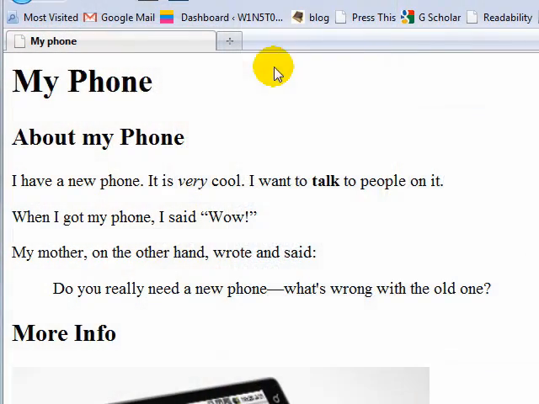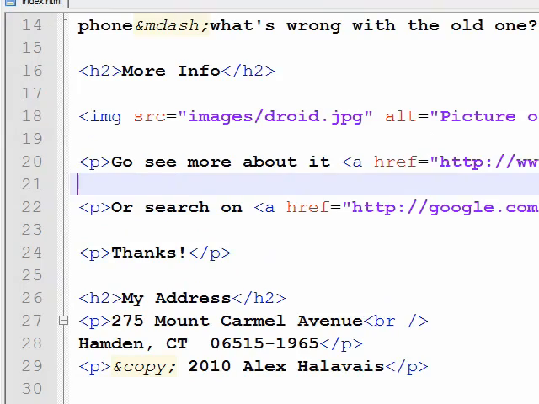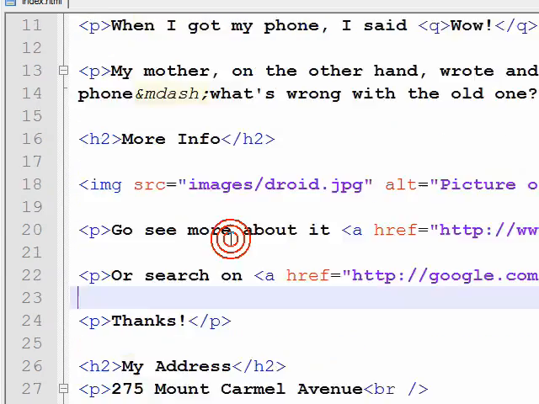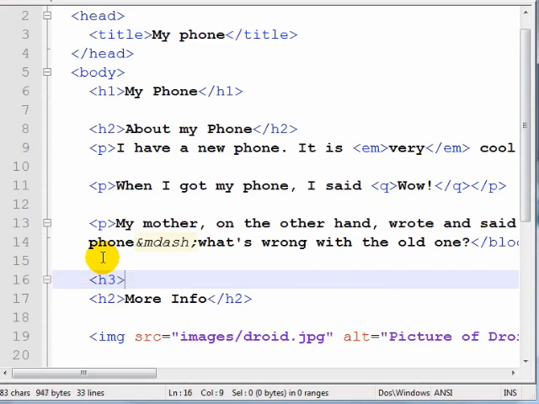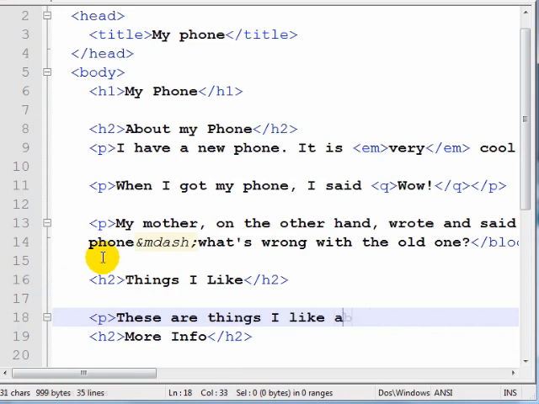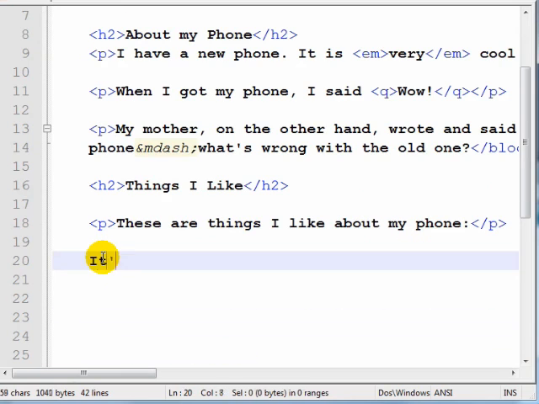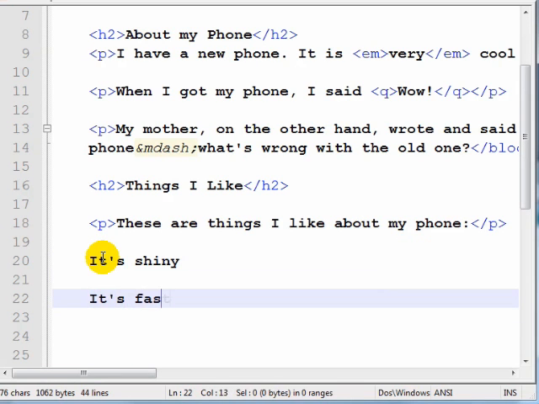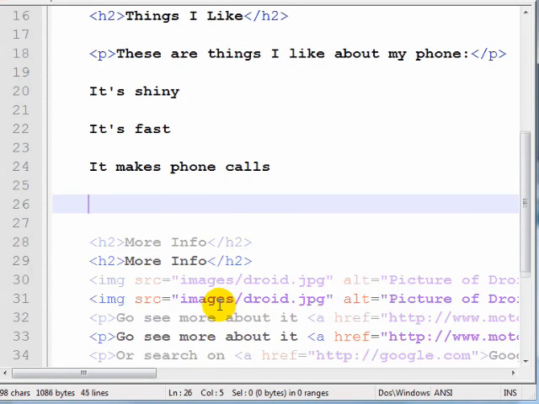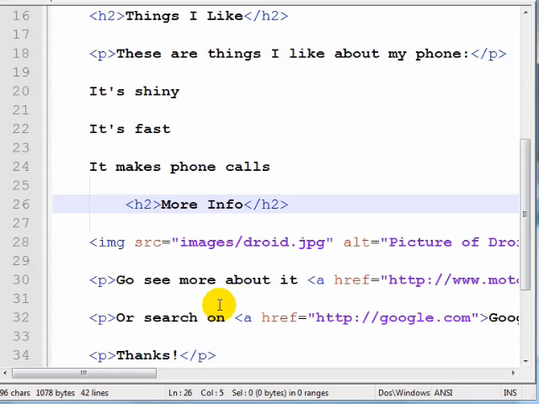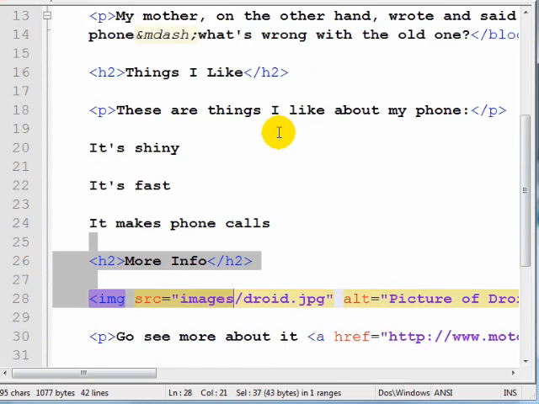So maybe let's make a list of things I like about my phone. I'll just do it in text to start with. Let's see, I'll do it after my phone. I'll have a new heading. So let's start with just making a quick list. All excellent things. Now, I could go through the hassle of saving this and displaying it in the browser, but